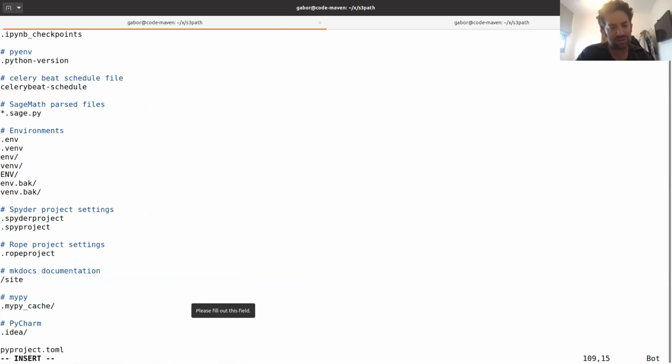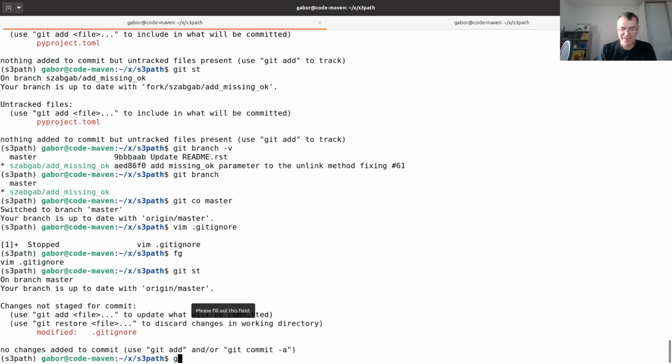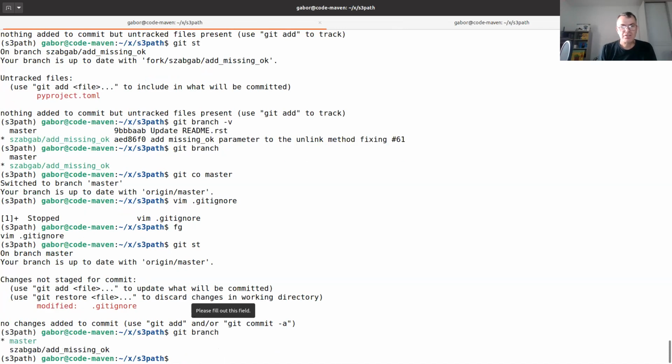But actually, it's a little bit good that we finished now because my wife wants to clean here, the baby, and wants to clean it. Okay. So git branch. I'll just create a branch, and it's not a big deal anymore. I'll just create a branch and send the pull request with this one as well.